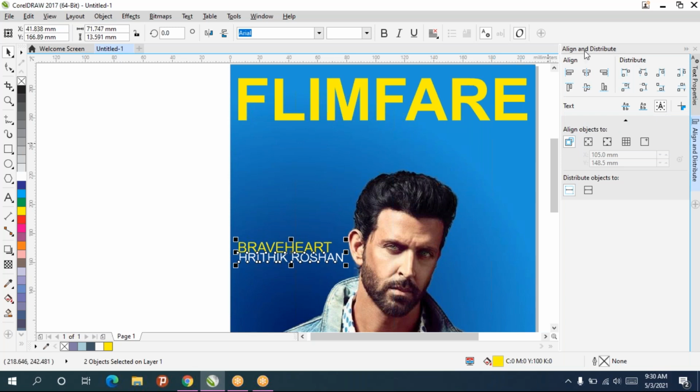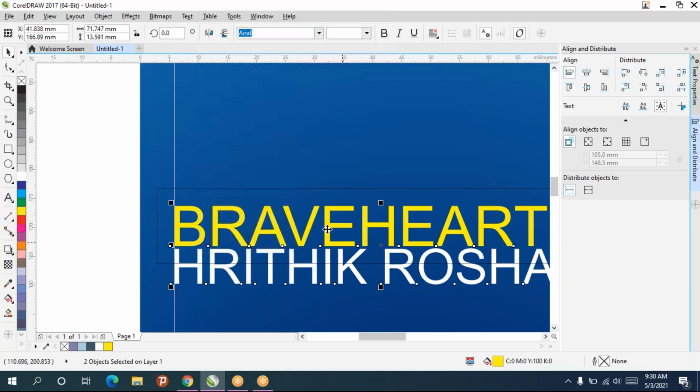Once you enable Align and Distribute, on the right side you can see like this. See, everything left alignment, and spacing between the objects if you want.